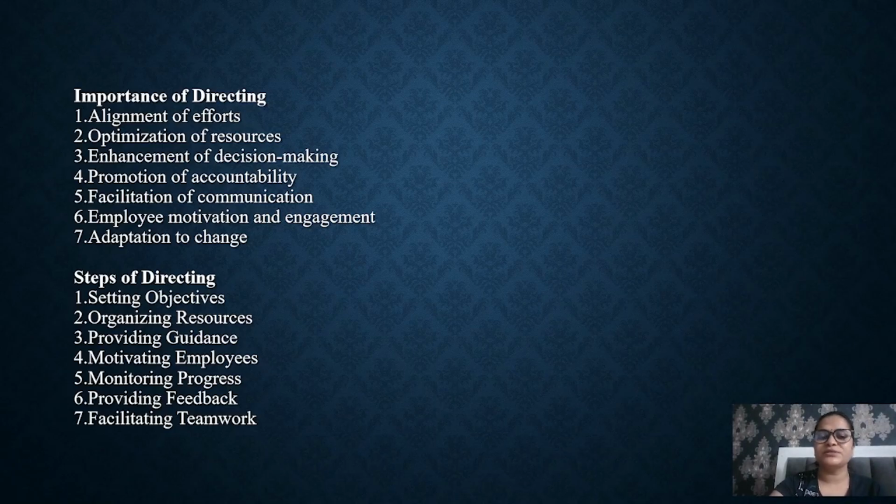Second last point is providing feedback. Now, providing feedback involves offering constructive criticism, or even acknowledging the achievement and communicating the performance expectations to the employees. Now, communicating them the true performance, right? And feedback will always help to reinforce the positive behavior. It will help to address the areas for improvement, and to guide the employees towards achieving the higher organizational